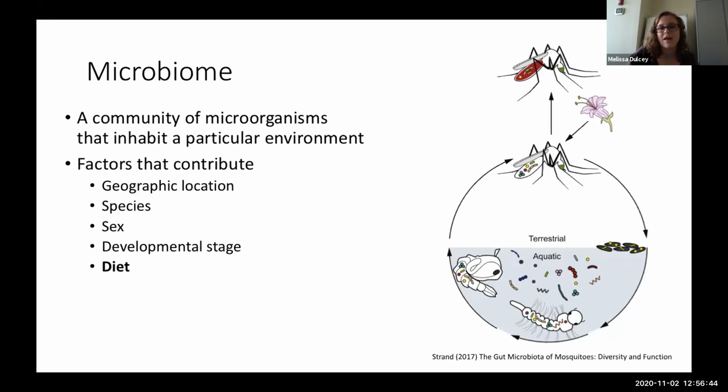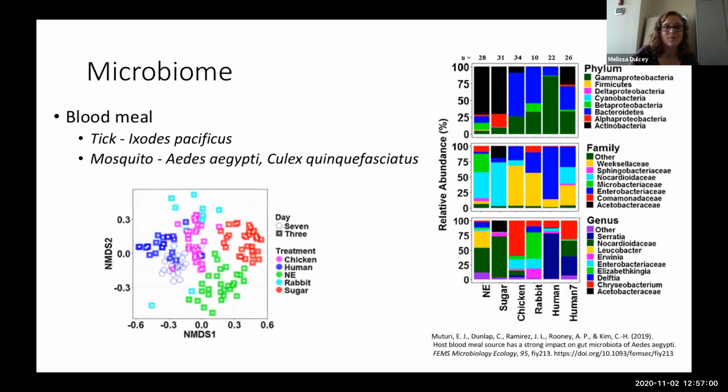Previously it was thought that we only really saw this change when a mosquito fed on sugar or nectar versus blood itself. But now we're appreciating more about the changes that occur if a mosquito feeds on different species. This was first discovered in Ixodes pacificus, a tick that is a vector for Lyme disease, which had a very different microbiome when fed lizard blood versus mouse blood. This was later seen in Aedes aegypti, as well as Culex quinquefasciatus just last year. People started discovering this in mosquito species.